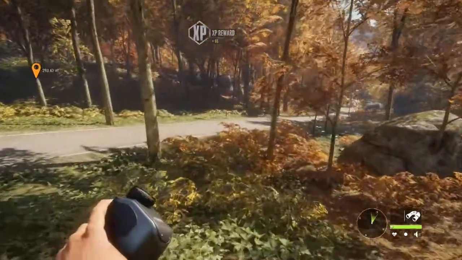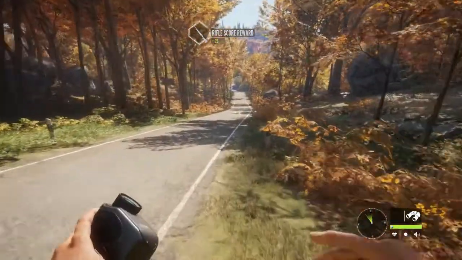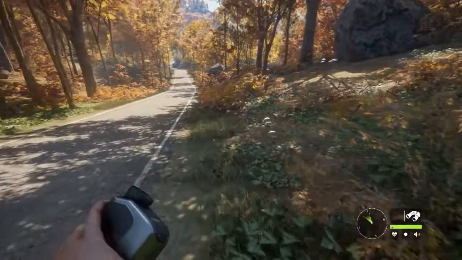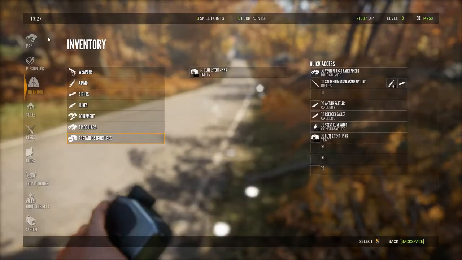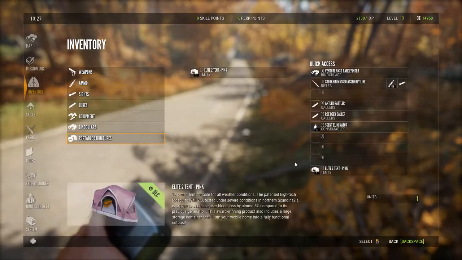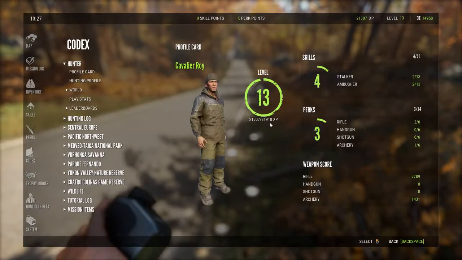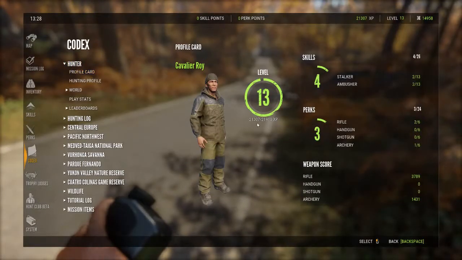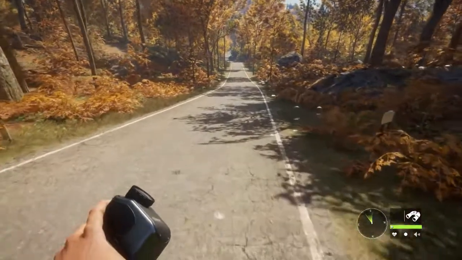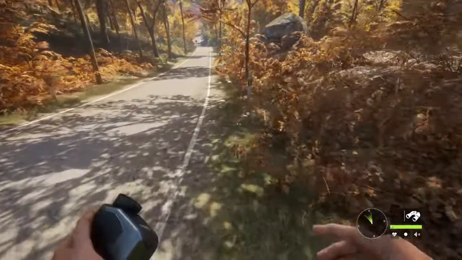Okay, at least we found her. That should now be all of the ones that we took shots at down and found. Which, perfect. Codex, Hunter's profile, and another, what, 800? Is it 800? No, not 800, another 603 points. And then we'll level up, but we won't be doing that on cam. So,